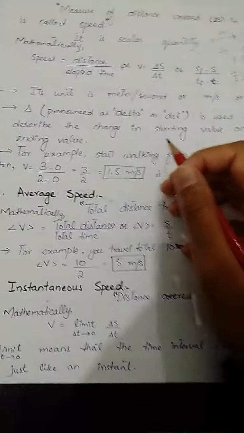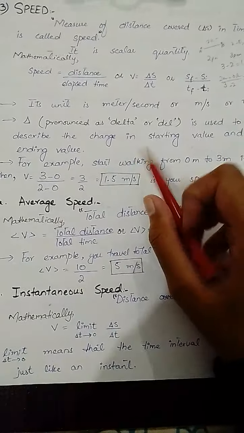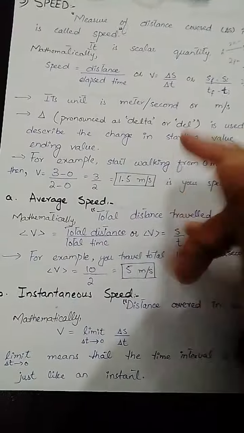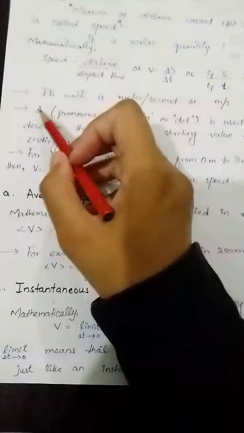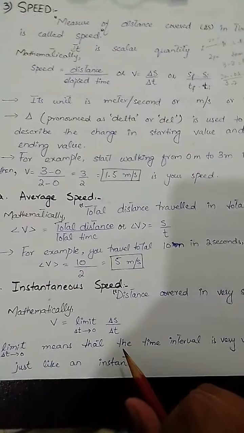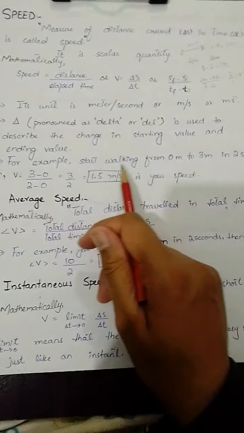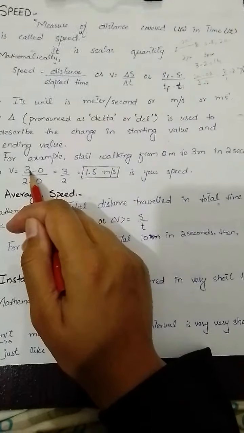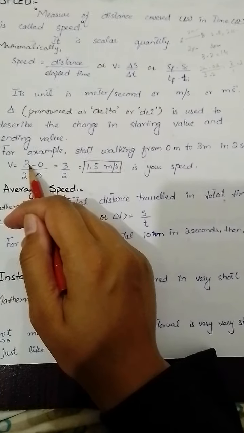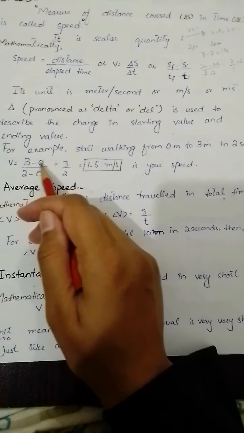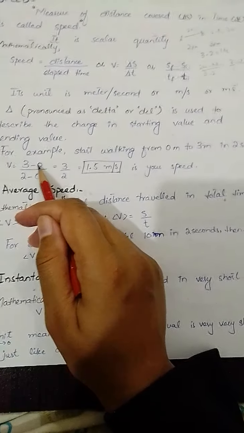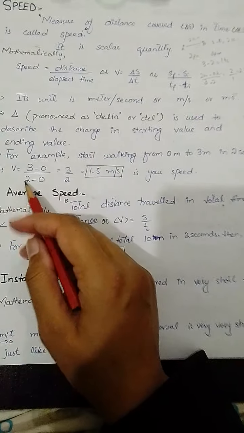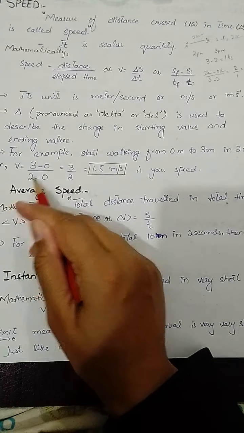Usually हम इसे del ही कहते हैं. This is used to describe the change between the starting value and the ending value. कहाँ से स्टार्ट लिया और कहाँ तक एंड किया, इस दरमियान जो चेंज हुई है वैल्यू, वो रिप्रेजेंटेड है द सिंबल del से. ठीक है? फॉर एग्जाम्पल, we start walking from 0 meters to 3 meters in 2 seconds. इन दिस केस आपने कहाँ पर जाकर एंड किया, फाइनल वैल्यू सबसे पहले लिखी जाएगी. सो फाइनल वैल्यू वाज 3 मीटर, सो 3 आ गया, माइनस स्टार्टिंग वैल्यू थी 0 मीटर्स, उसके लिए 0 आ गया, डिवाइडेड बाय आपने 0 सेकेंड से लेकर 2 सेकेंड तक टाइम elapse किया. सो 2 सेकेंड इज द फाइनल वैल्यू, उससे पहले लिखेंगे माइनस